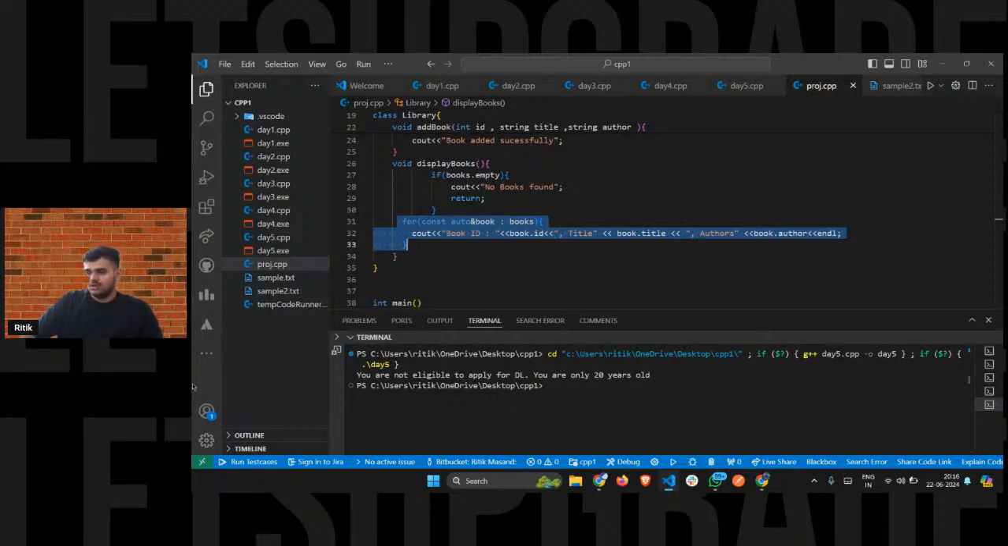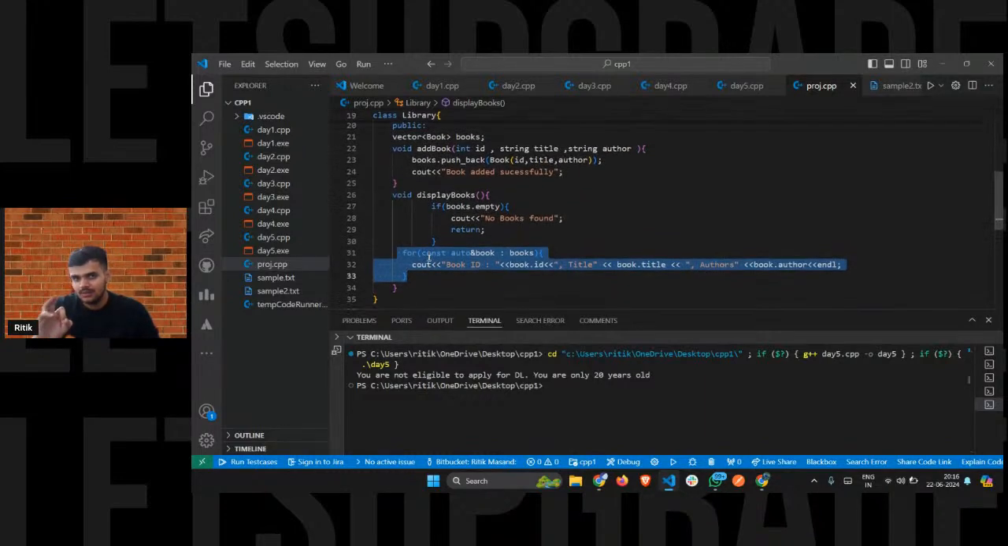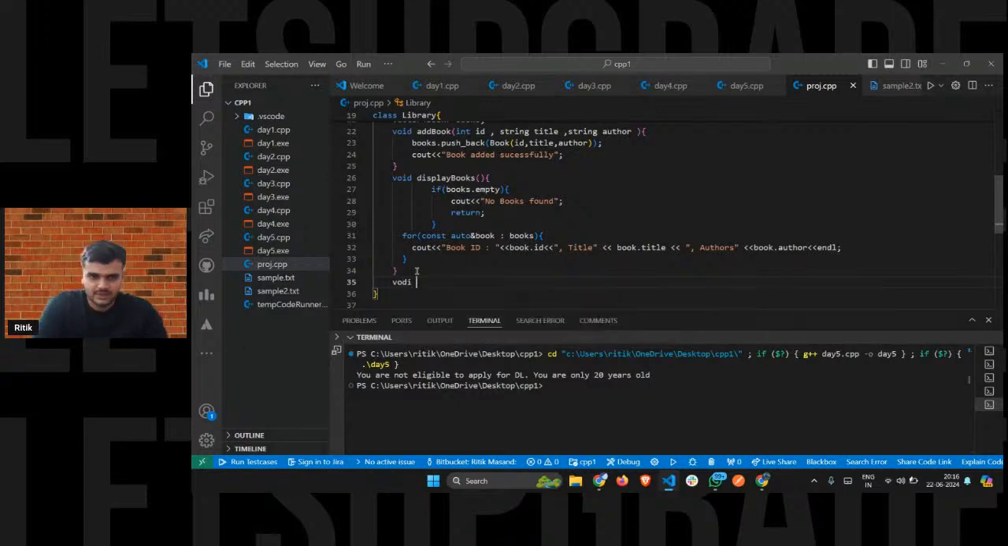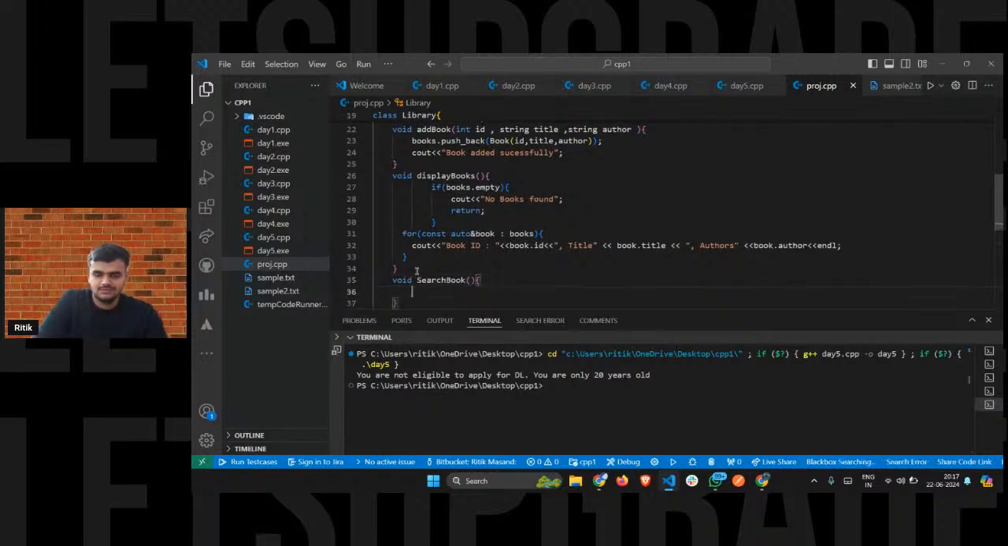Okay, so we have done display the books. We have done adding a book. Now, the last functionality was to search a book. Okay. This will be similar to display a book, right? So I'll say void search a book, right? Now, to search a book, as I told you, I have to give it an ID. I either need to tell a name, because